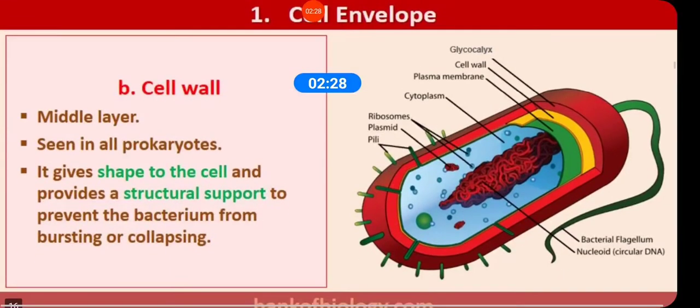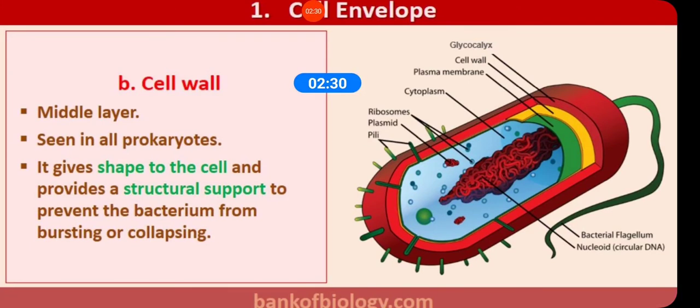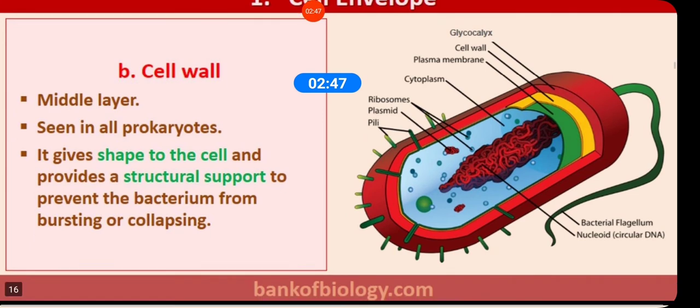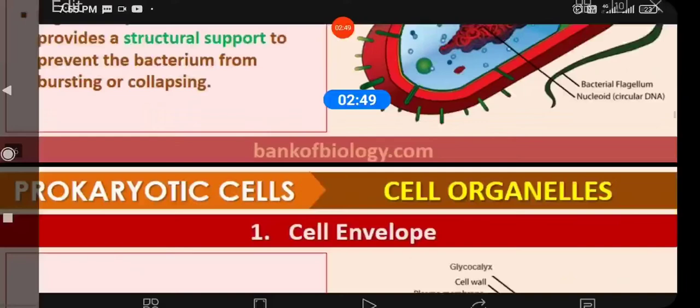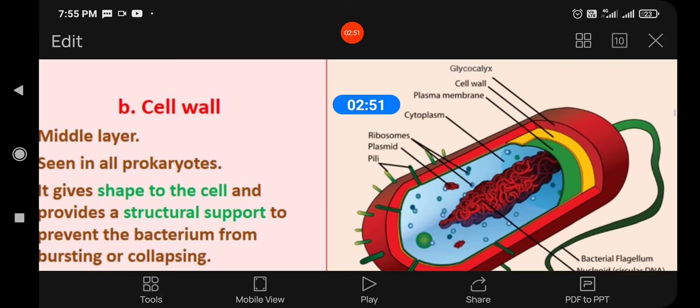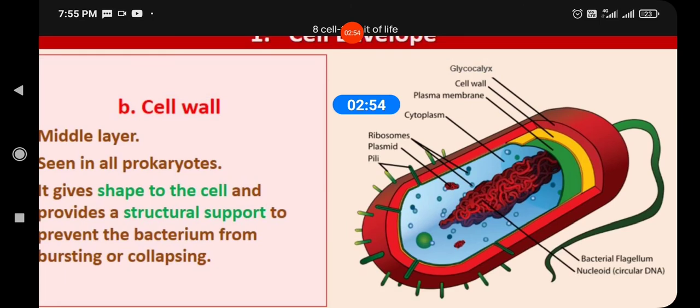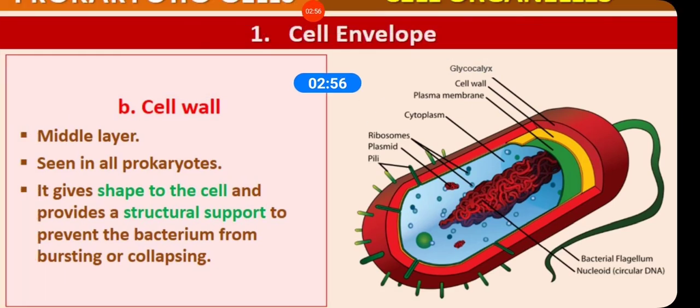Then second is the cell wall. You can see that after the glycocalyx is the cell wall, which is a middle layer. You can see this in all the prokaryotes. It gives shape to the cell, it provides structural support, it prevents the bacterium from bursting and collapsing. Now this cell wall is made up of,